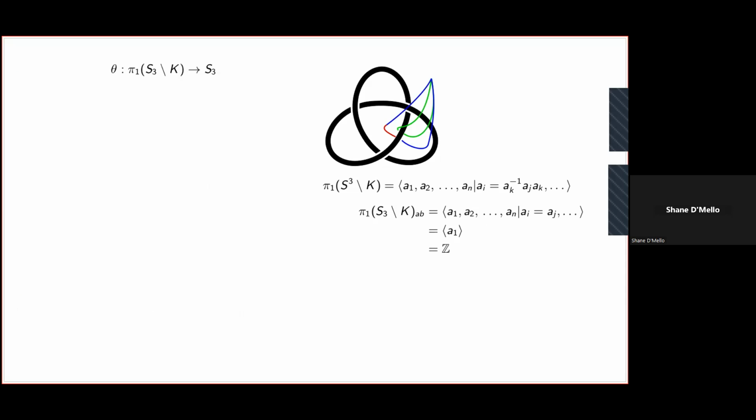So here's what we can do. We can actually try to count. We can try to look at the homomorphisms into a non-abelian group. Okay, so maybe let me state it this way,